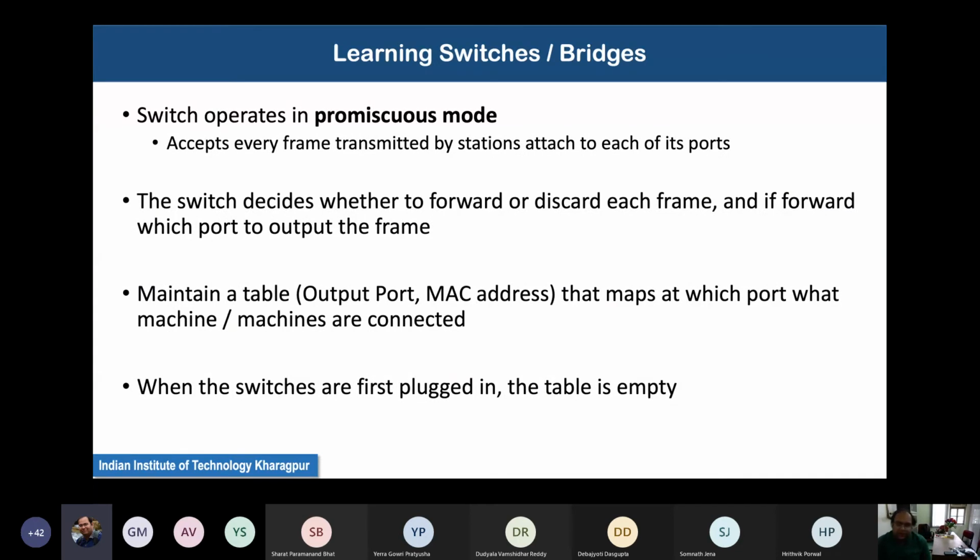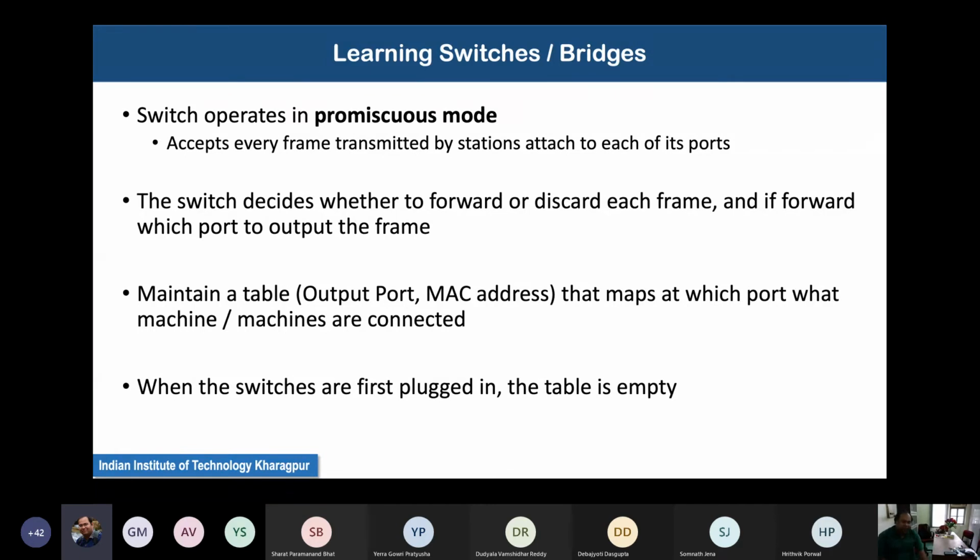Now the idea of this backward learning works like this. The switches operate in promiscuous mode. Promiscuous mode means it accepts every frame transmitted by the station attached to each of its ports. So it does not filter the packets based on the MAC address initially.